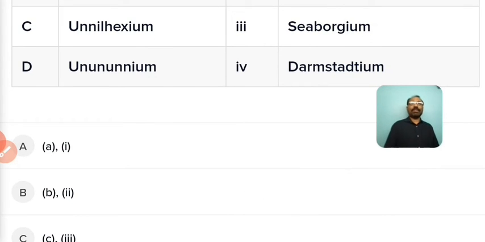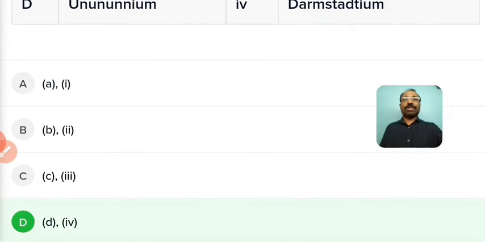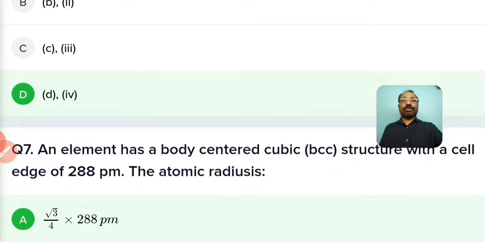unnilennium, that is a 109 element, that is Meitnerium, not Darmstadtium. The Darmstadtium is a 110 element. Therefore, the wrong one is D. What is the wrong one? The wrong combination is D. Therefore, the right answer is D. Next,